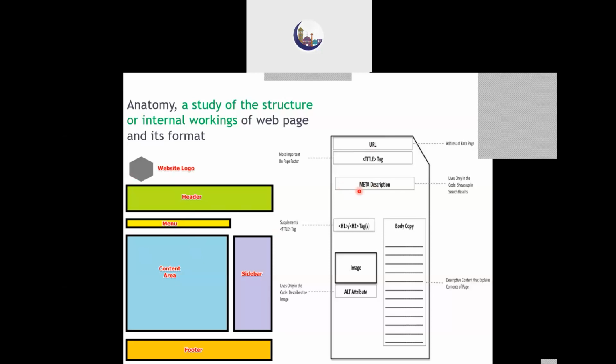Not just that, I can also tell whether this body area which I have typed in English can be translated into another language or not. If I follow only English language, then it cannot be translated. If I follow a uniform text format, which can be interpreted by all the translators available online, then I can translate it. To tell the web browser whether it is translatable or not, I need to mention it in the meta descriptor. I hope it's okay.